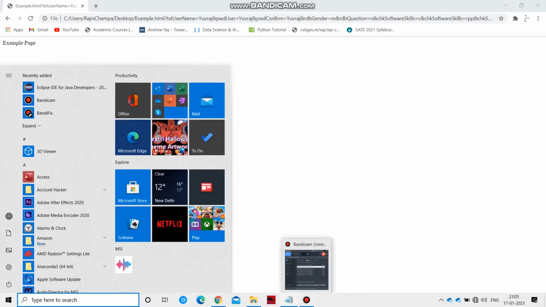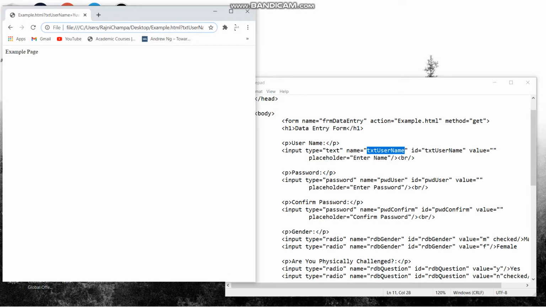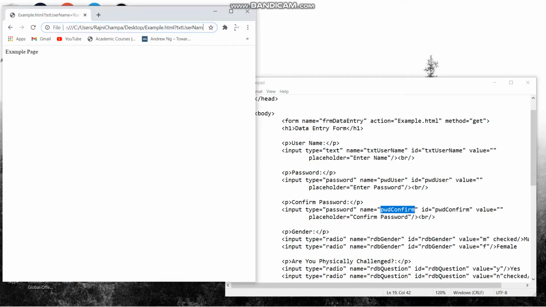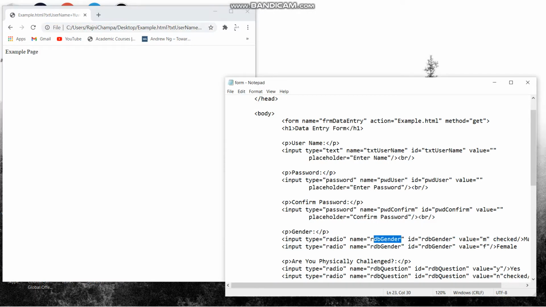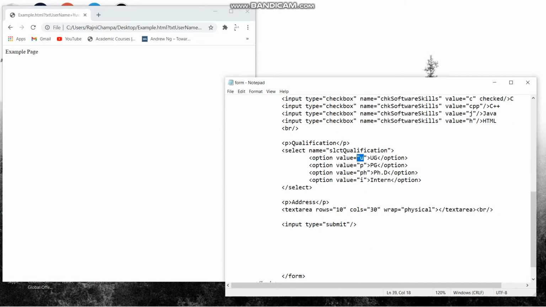First I have to resize these windows so you can see it. txt username Yuvraj appears there in the example page, and pwd user, that is for the password, and pwd confirm password is also appearing there in the query string.